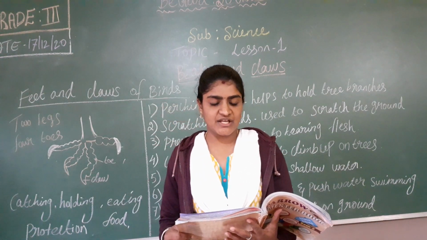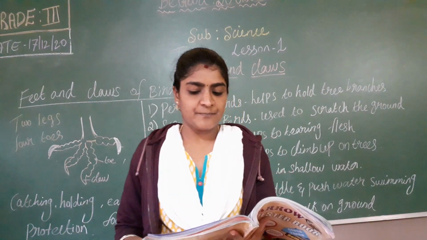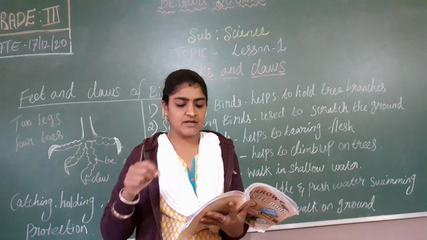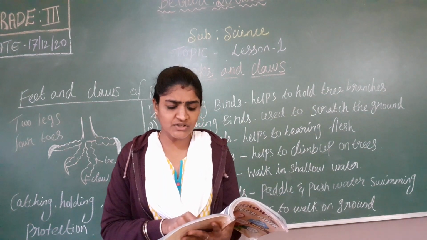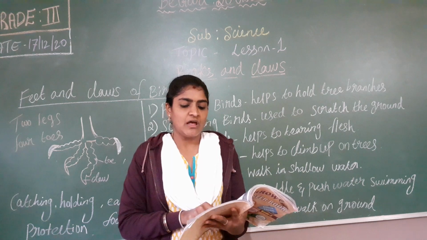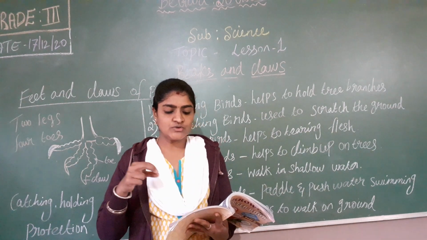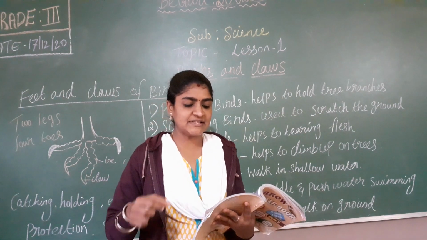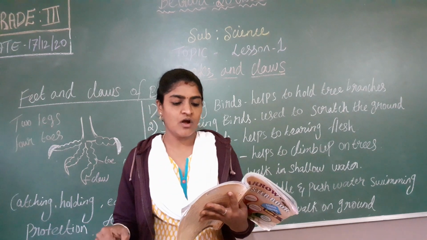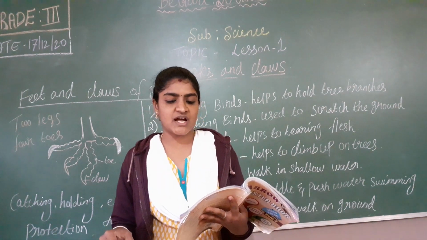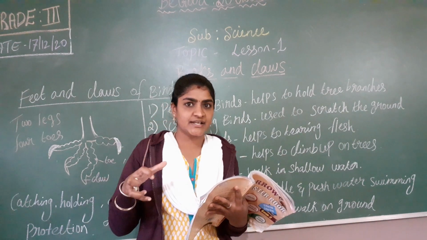They have 3 toes in front and 1 at the back. They usually have sharp and long claws. This helps the perching bird to hold the branch freely. The grip is so tight that they can even go to sleep while perching. For example, this type of bird has a very sharp claw. What is the use of these sharp claws? Whenever it sits on the trees, it should get a certain grip.